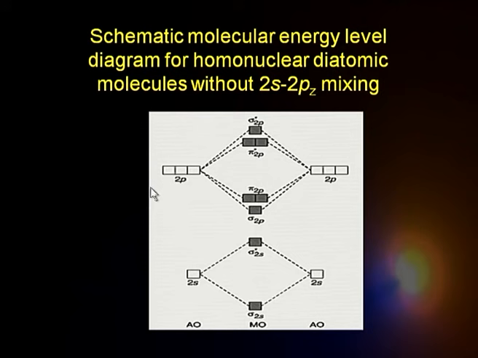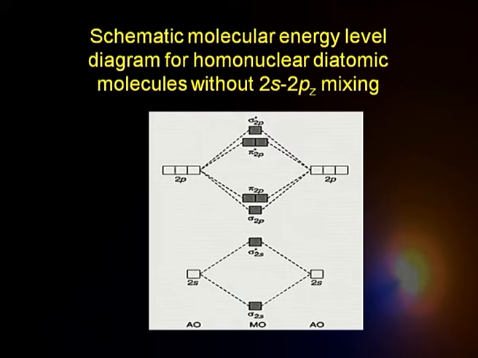Similarly, for the p orbitals, there are px, py, pz, all of them. The pz will combine with the pz here and give me a sigma pz and a sigma star p. So that means sigma 2p, or there are different notations for that. Essentially, what I want to focus on is that from the combination of 2pz orbitals of the two atoms, I get two molecular orbitals of sigma type. Sigma is more important for me because that overlapping is along the internuclear axis. That is of lower energy. This is my sigma and this is my sigma star. That is what I get from my 2pz.